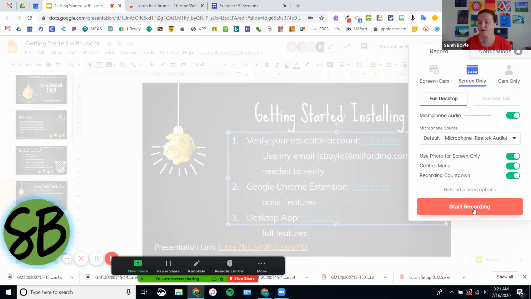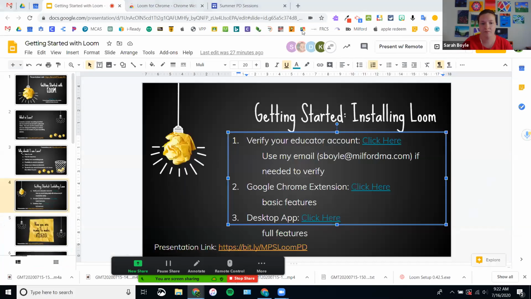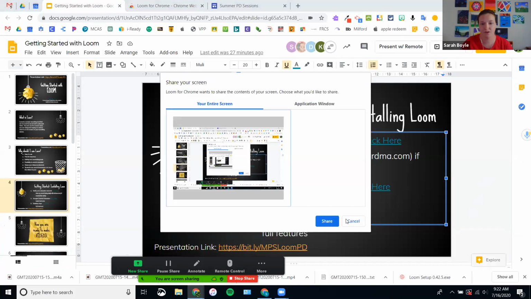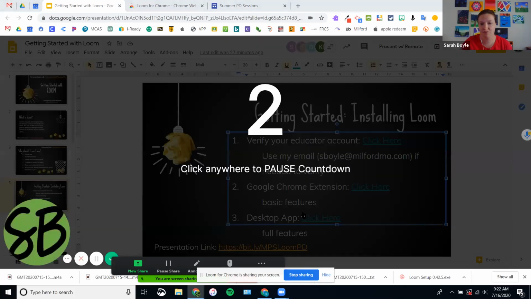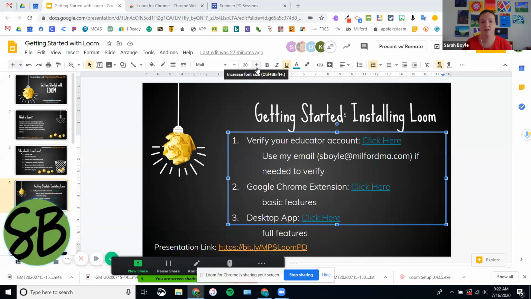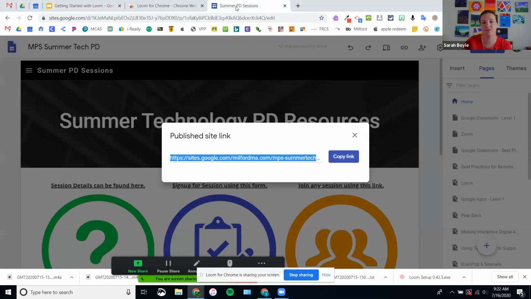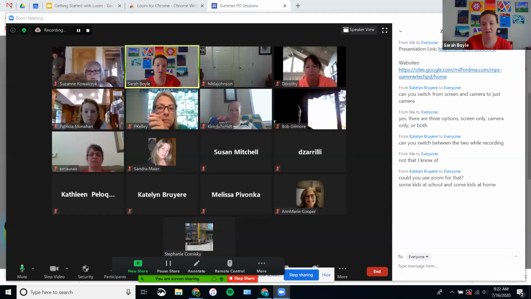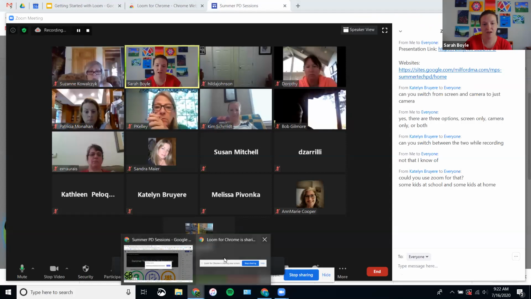So I'm going to start a recording, just going to do a quick little one so that you can see where the links and stuff are when I do that. So record. This is what I'm recording. Down here it's giving me my countdown. And now I'm actually recording the video that will be generated in the Loom browser. I can click through my slides. I can jump from website to website. I can open up you guys again. And then when I'm done,